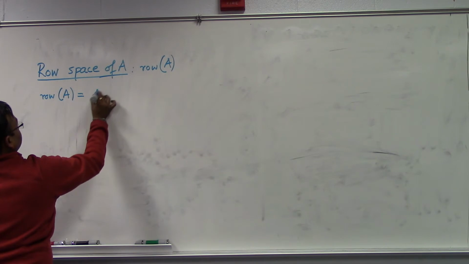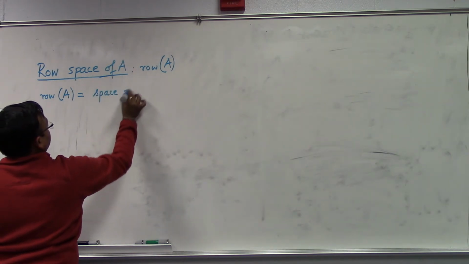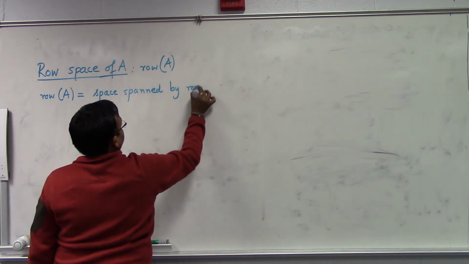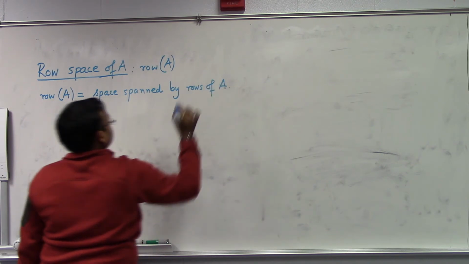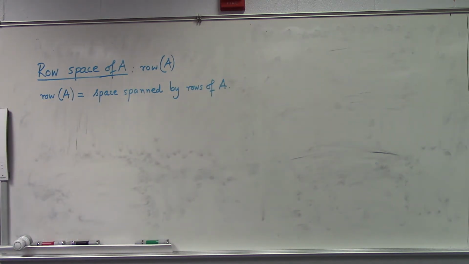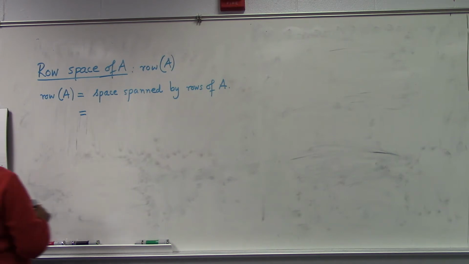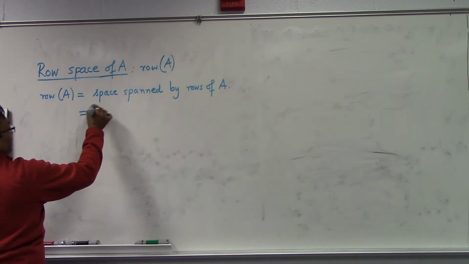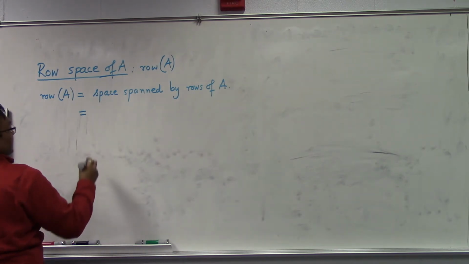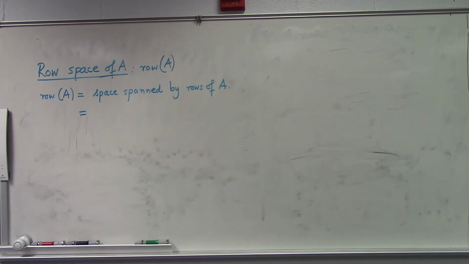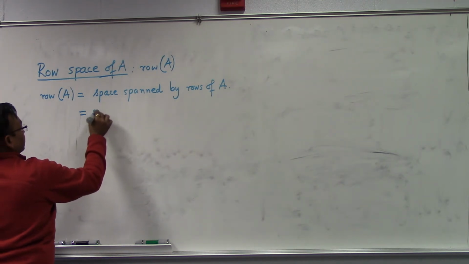It is the space spanned by the rows of A. Just like the column space is the space spanned by columns of A, this is the space spanned by the rows of A. Okay, what does it mean? It means nothing, and it means everything in a manner of speaking. If you think about it, when I say space spanned by rows of A, I would be really interested in the space spanned by